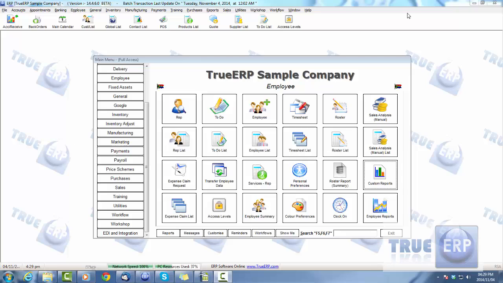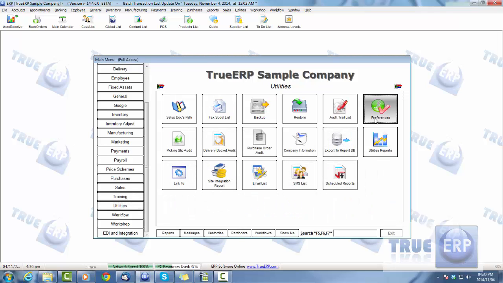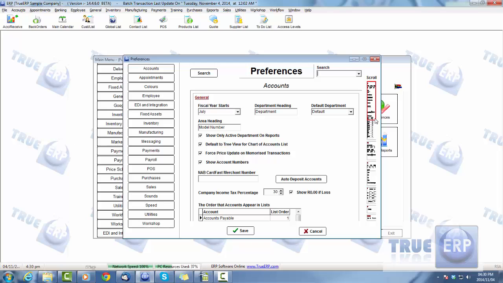Today's video is going to be around your employee training, just basically going through all the different functions and buttons here within the employee module. But let's get started. The basic thing we're going to look at first is within our utilities, preferences, and if